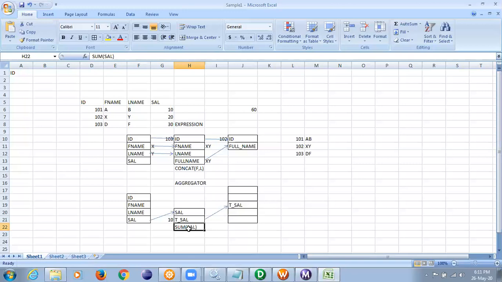So, to repeat, can I calculate total salary? No, because I haven't received all the values. Now, when can 20 come? After the first row is fully populated. 10 goes to the target, but can 10 go to the target? No. So we have a conflict, as you understood, right? But was that a problem here? No. There was not a problem here because the data was coming in a row by row manner, and the calculations required were also row by row, and hence that problem was not here. But in this case, that problem is there.